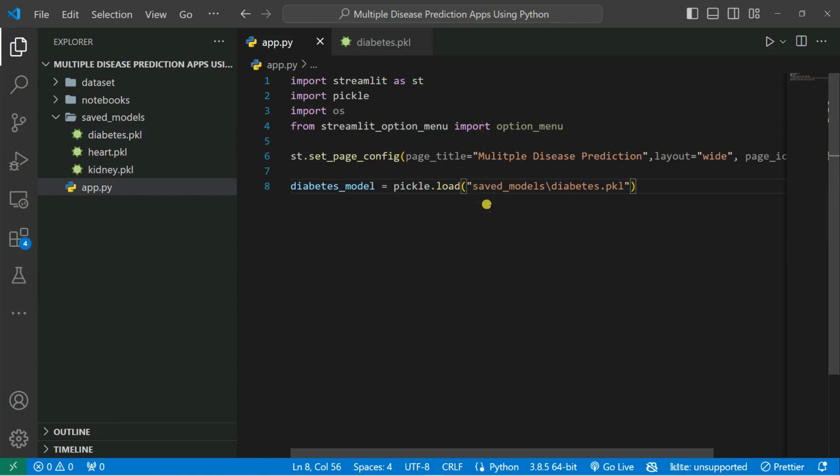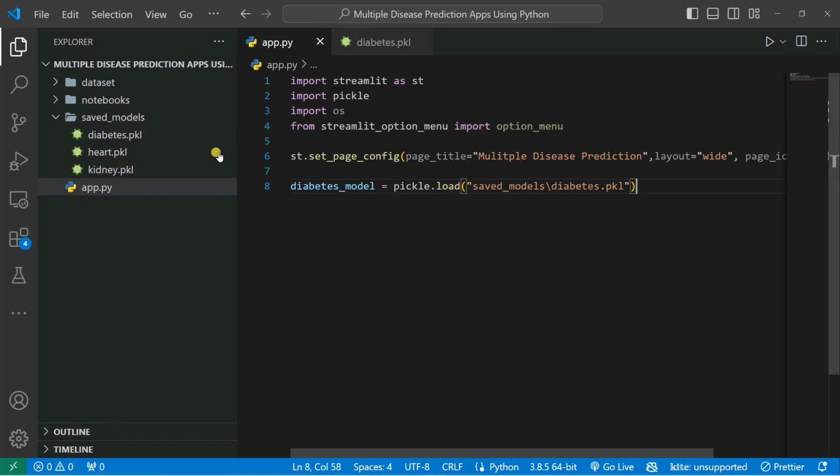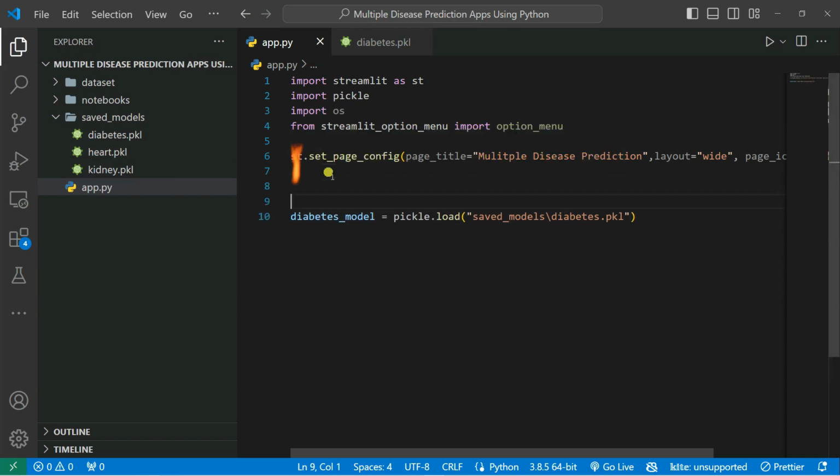So you can also use this relative path because this app.py is in the same directory. So you just need to copy these things here, right? But if you're trying to keep the absolute path, then you need to create a working directory for your absolute path. So how do you do that? You can use here